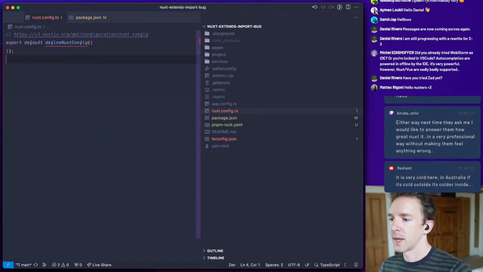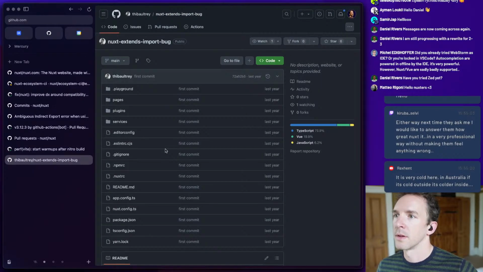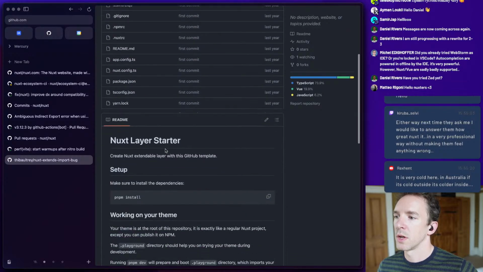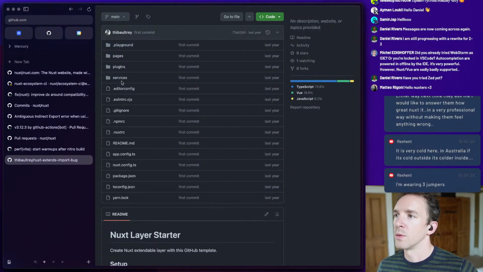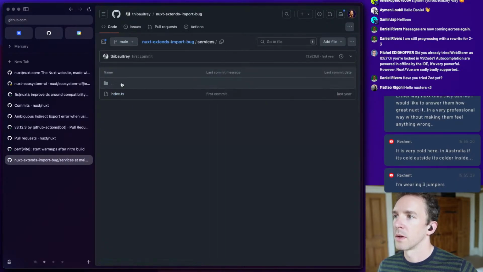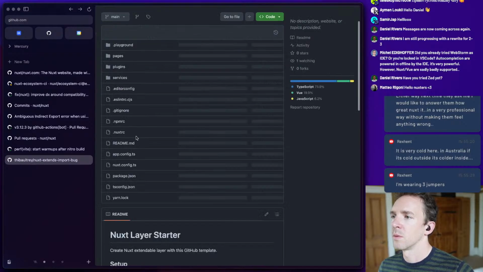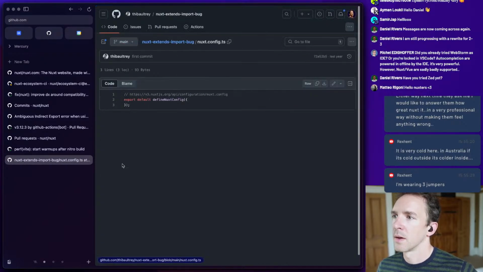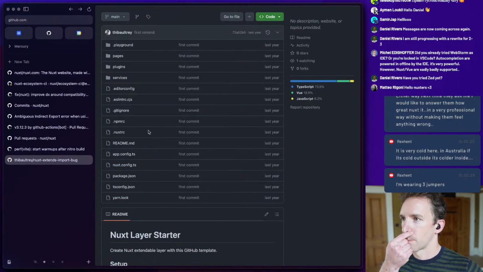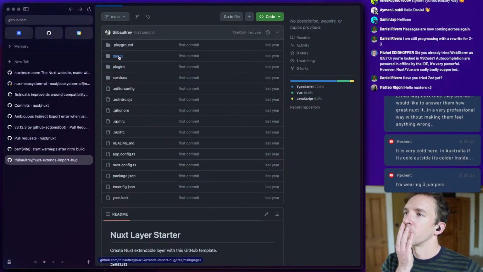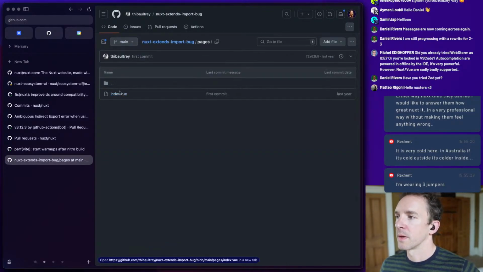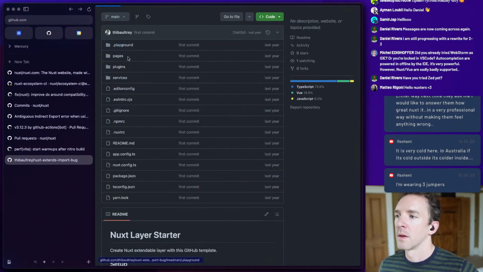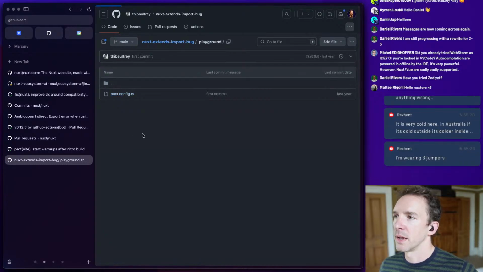We don't seem to have any extends, but it doesn't seem to have been changed. Oh, services maybe. No? What is extending? Oh, it's this playground maybe. Okay, yes, the playground is extending the root.